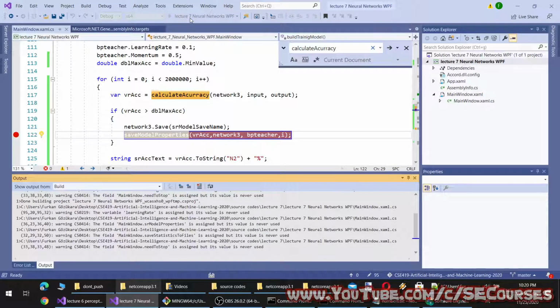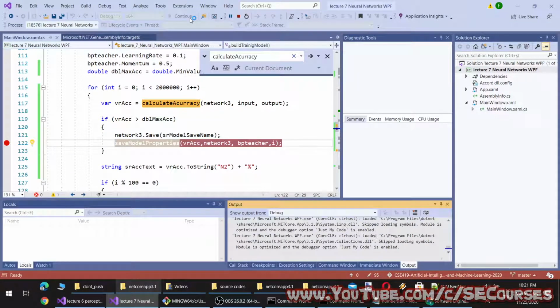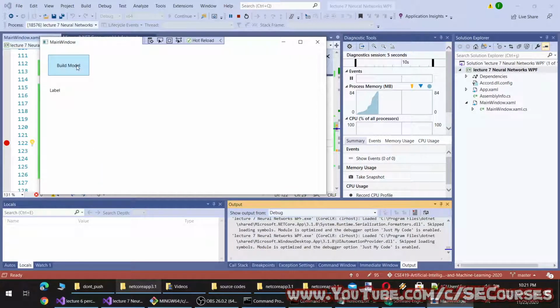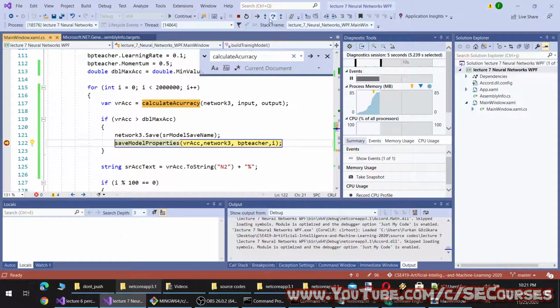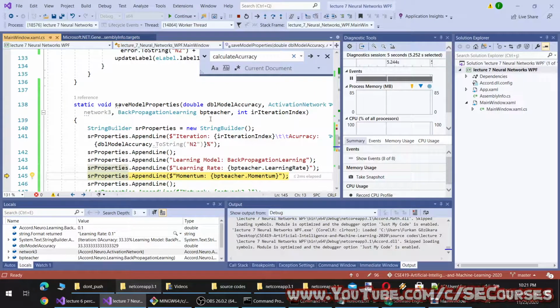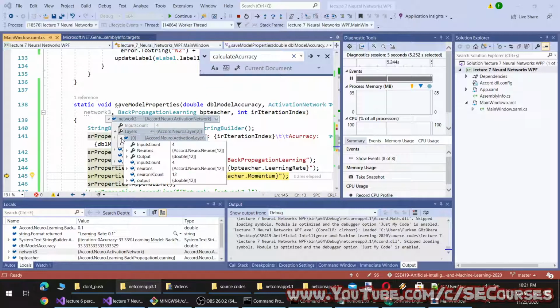Why am I doing this? With this approach, I can run multiple tests and see which one is producing the best result. And okay, in the network, there is inputs count and layers.